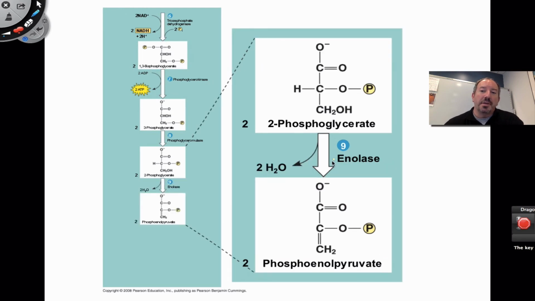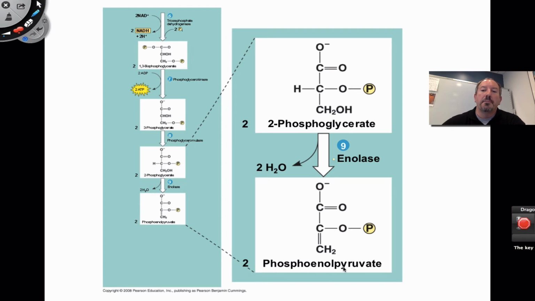So step 9, enolase, is going to take the 2-phosphoglycerate, and what it's going to do is remove water. Okay, so how about that? A little water is produced in glycolysis. Handy-ho. But it produces 2 waters. Actually, it only produces 2 because 1 per molecule, because there's 2 of everything, so a water is removed. And what's the significance of the water being removed? The significance is that you're losing that hydroxyl group, and you're putting a double bond over here. And again, you're sort of priming what's going to happen in the final step of glycolysis, which is step 10. So this product right here is